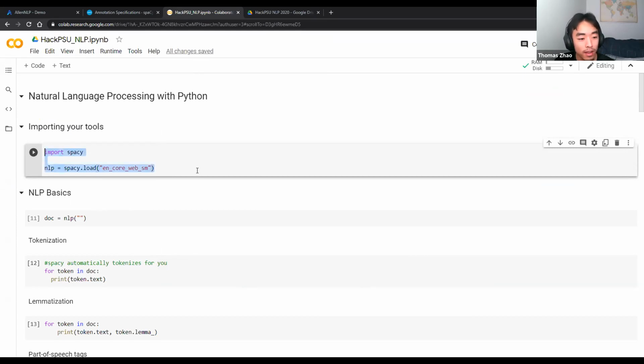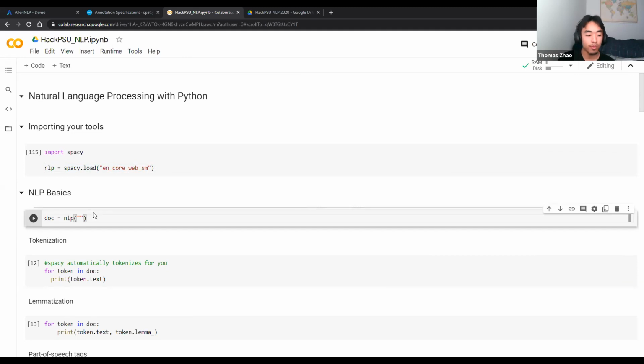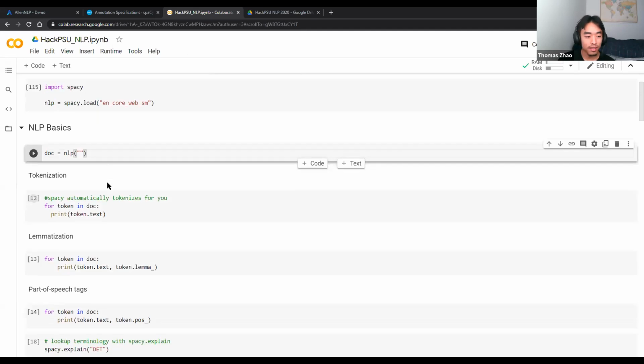So, I've typed out everything just to save us some time. The main library we'll be using is called spaCy. And spaCy has this nlp object, which you call using spacy.load. You can do all sorts of different languages. I'm using English, so this is why I have this string here. So once you create this nlp object, you can do pretty much all the things I mentioned to you in the PowerPoint. So I'm going to do an example sentence here.